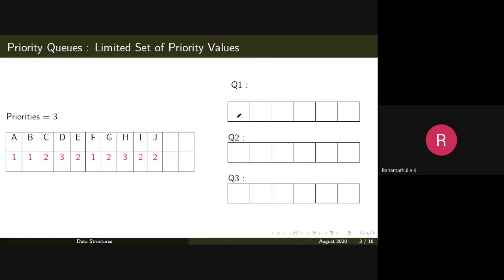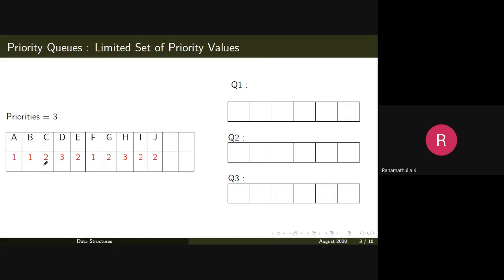So in this case, we have Q1, Q2, and Q3. The elements with priority value 1 will be entered into Q1. Elements with priority value 2 will be entered into Q2, and so on. Here we assume that priority value 1 is the highest priority, 2 is the next highest priority, and 3 is the least priority, and so on.